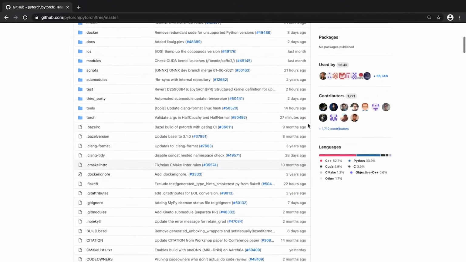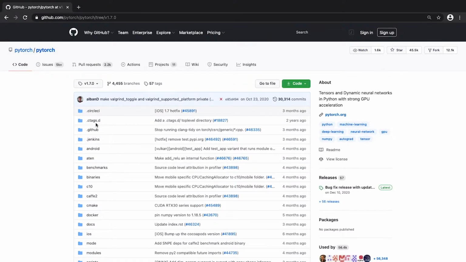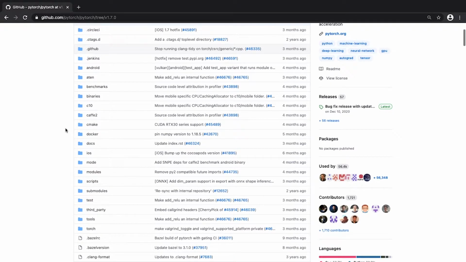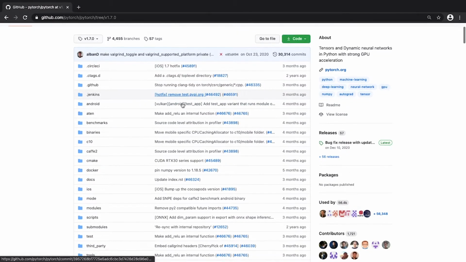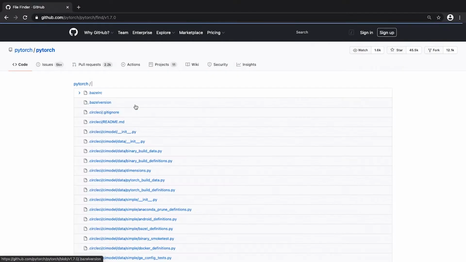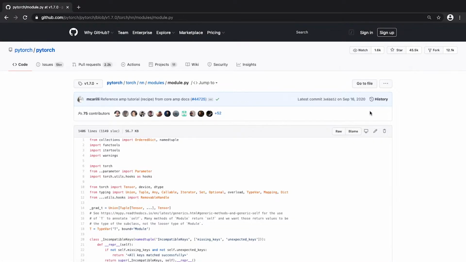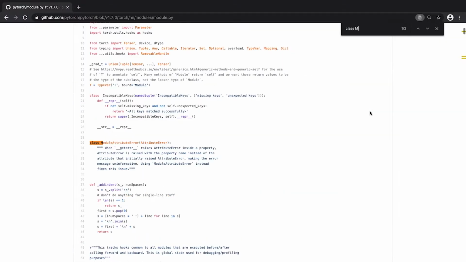All right, before I do so though, let me just pin the version of Torch to a specific version, let's say 1.7, so that if you're watching this far away in the future, you can see exactly the same source code. And the module I'm after here is called module.py. It's here, the full path is here, and what this module actually contains is the building blocks of PyTorch, let's say. If I open it, what I'm after here is the class called Module.